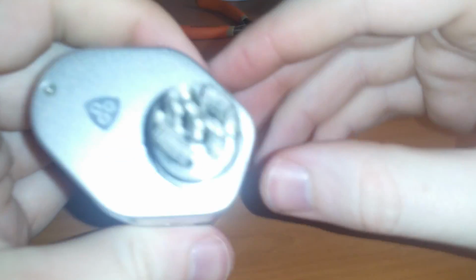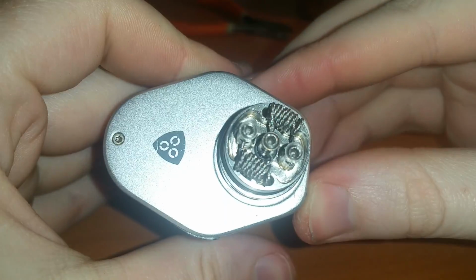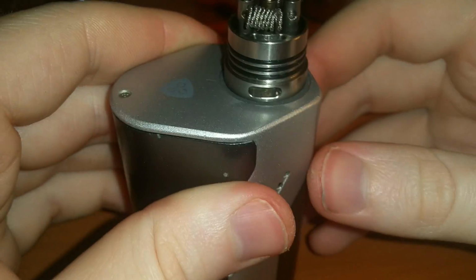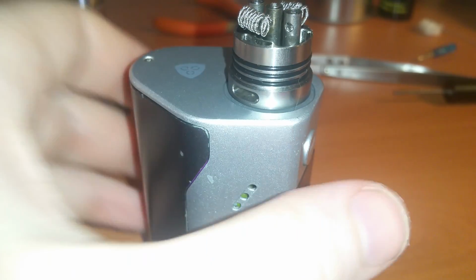Okay, so now we're going to build on the hive. I kind of readjusted it just a little bit to get it lined up okay. It's going to be harder to fire because this is a 3-post, and that's just how 3-posts are. They share that center post. So I wanted to do something that would be kind of challenging for me to do on camera so that I can show you just a different situation for